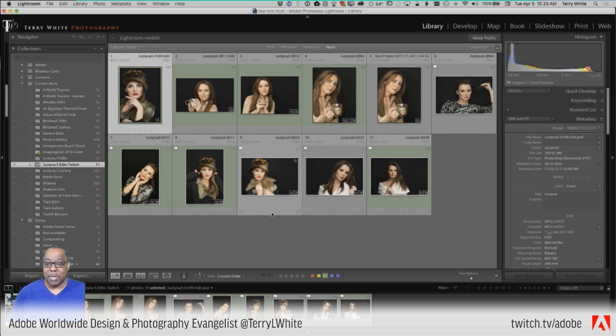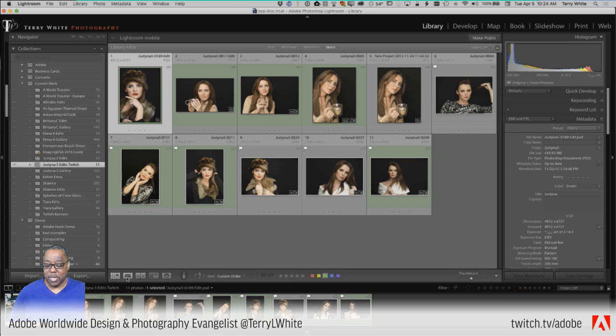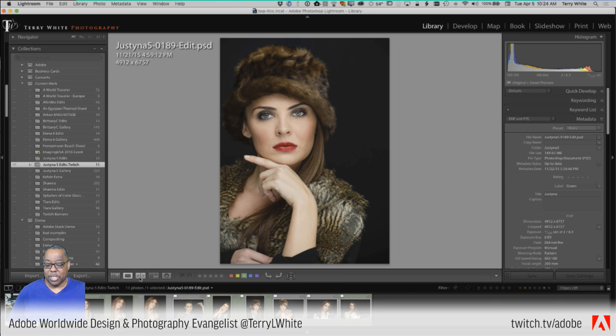One of the things about reviewing your photos is that now you have multiple options to do that. So in the past, prior to, I think it was Lightroom 5, I would have gone into Loupe View to look at this photo larger, which is, by the way, as a hidden gem, hitting the letter E on the keyboard. You can also have on-screen buttons for it here. So this is Grid, which is letter G, E, which is Loupe View, and Compare, and we'll get into those in a minute.